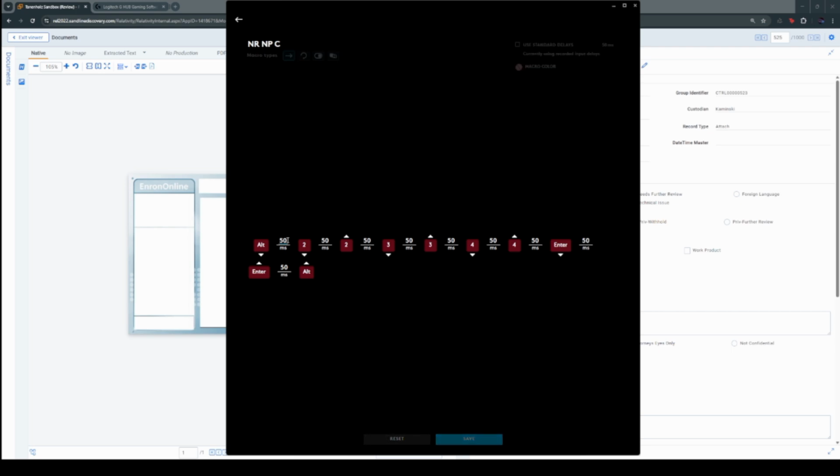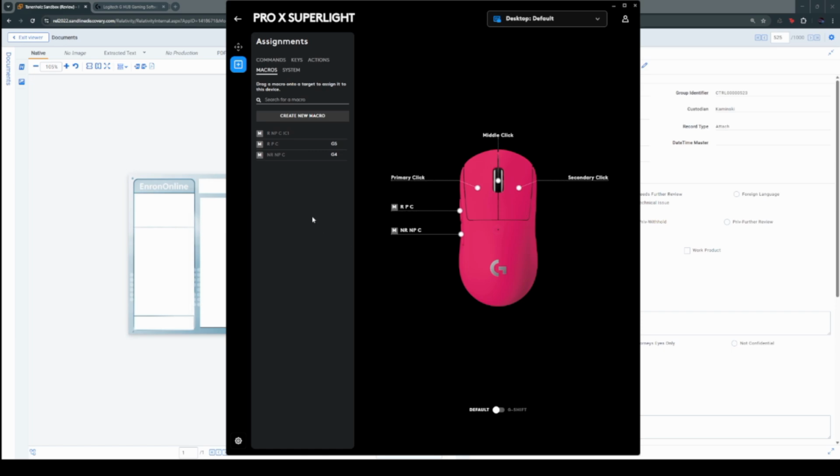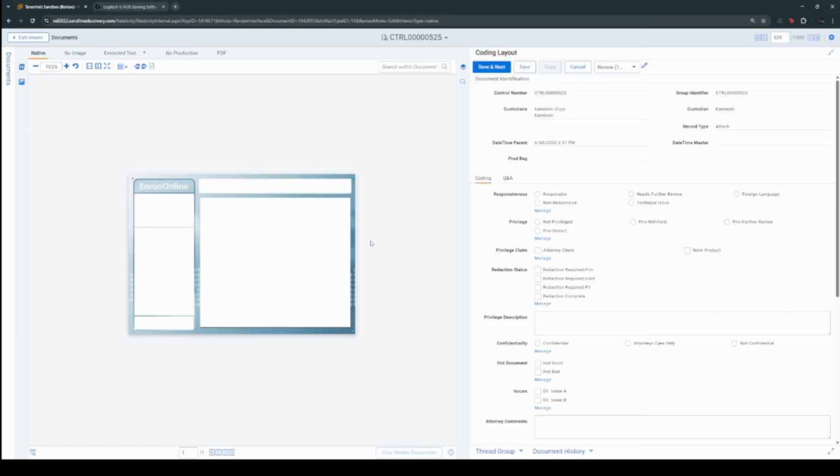Personally, most of the time, I like to make everything 5, except for the one that's going to allow me to verify that everything is visually coded. So for example, I'll move everything to 5 here, and then I'll move this to 500, which is half a second. And that will enable everything to be clicked very quickly, but still give me a time to see that everything is selected. So I'll hit save,